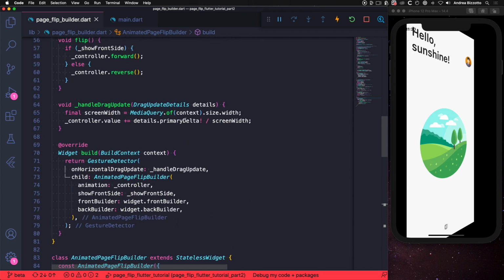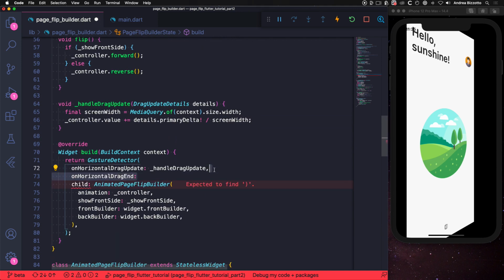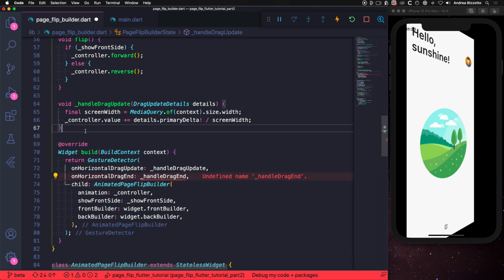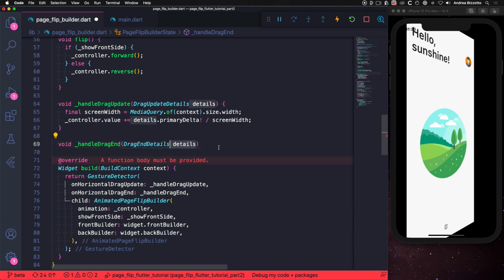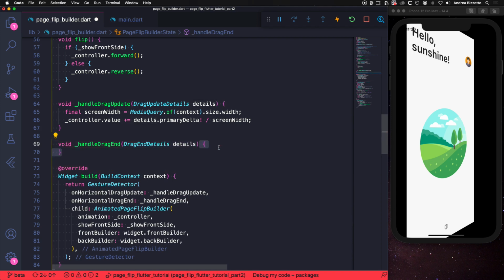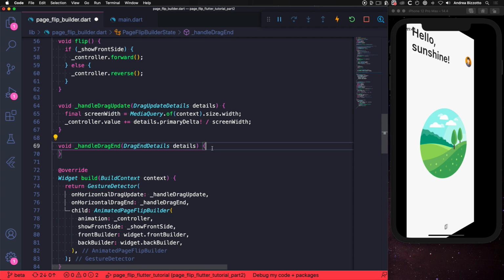So in order to do this, we need to add an on-horizontal drag end callback to our gesture detector, and this will call a handle drag end method that we are going to create. So up here we can create a void handle drag end method which takes a drag end details argument, and then inside the body we can add the logic that we need.